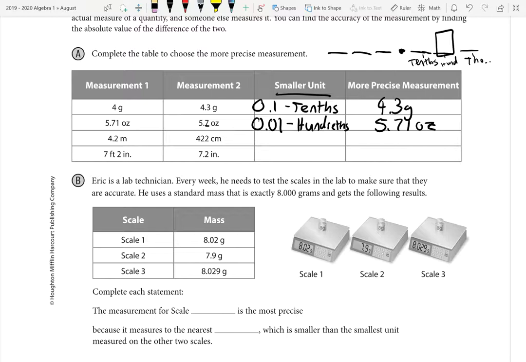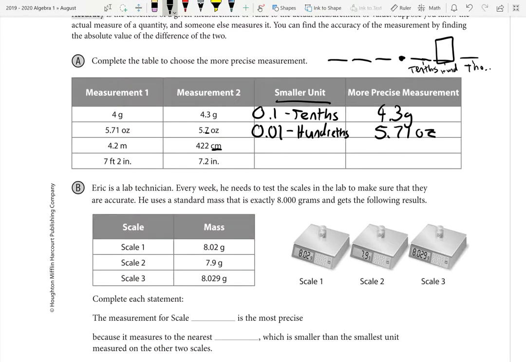Now, the third one is very tricky in the sense that you have to pay attention to the fact that these are different units, meters and centimeters. So one thing that's helpful is to convert these into the same units. Converting them to the smaller unit is more preferred for precision purposes. So 4.2 meters,